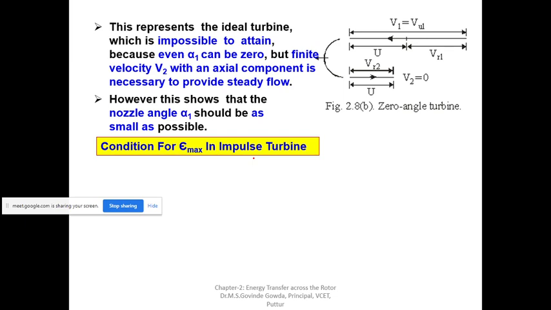So now, condition for maximum utilization factor in impulse turbine. Whenever I say the turbine is impulse type, I am implicating that